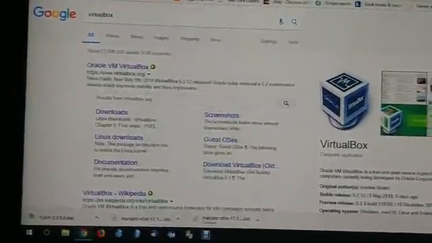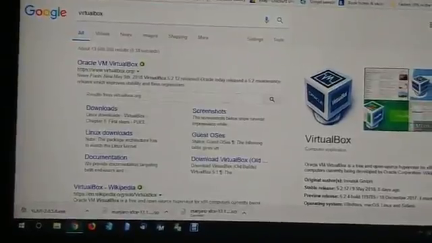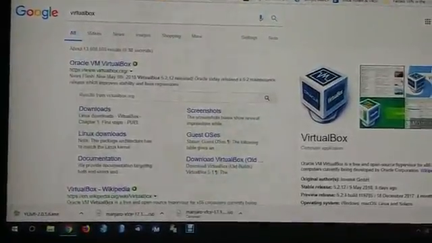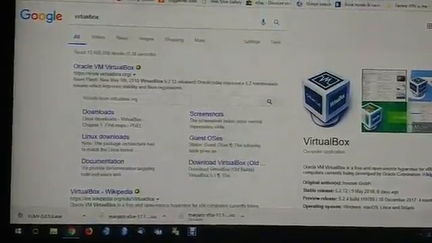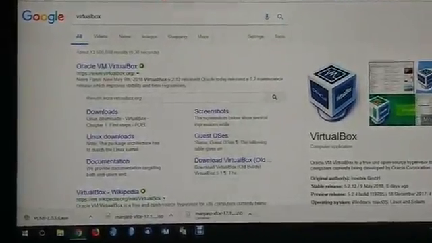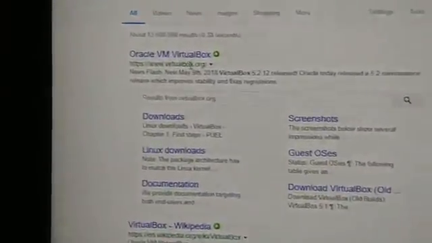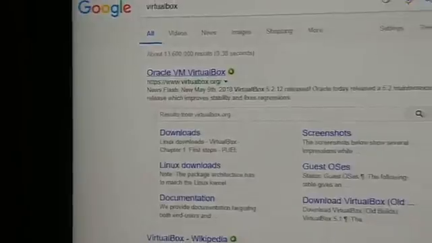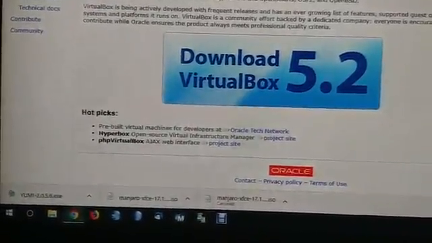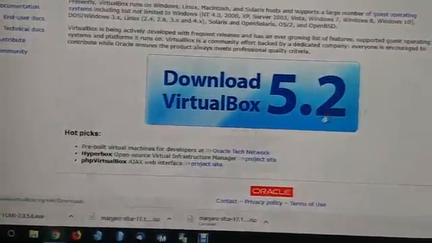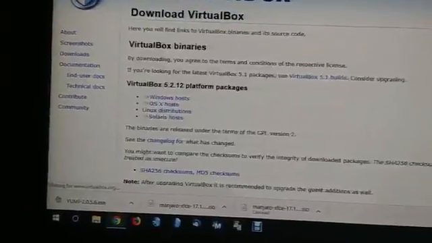To get Linux running on your computer is to use it in a virtual system, which you can use alongside running your Windows Vista or XP or 7. You go to Oracle's VirtualBox website here, and you download the version of VirtualBox that's showing is available. Okay, click on that, and